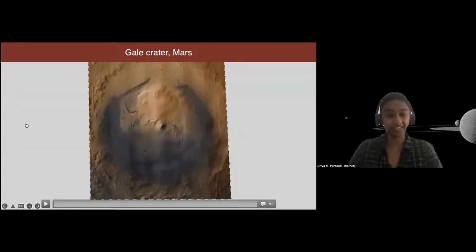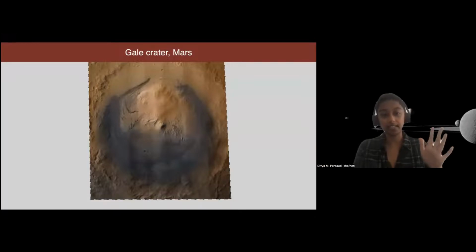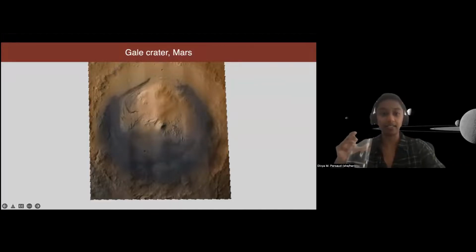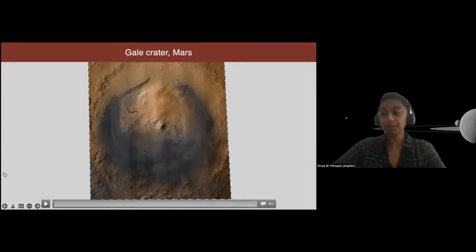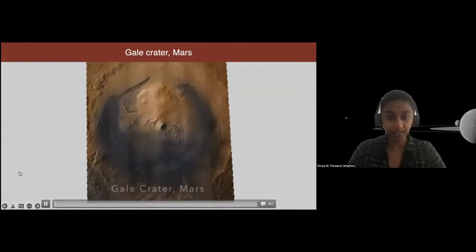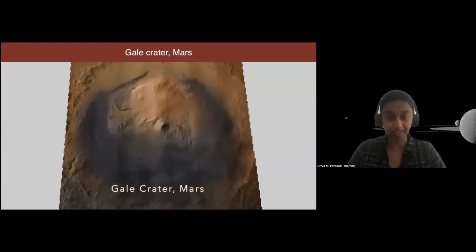I've talked about Gale Crater and Curiosity rover kind of in passing, but it's time to actually look at this. This is a big CTX mosaic, so that is 18 meter per pixel terrain, and draped over that is 6 meter per pixel imagery. It's quite fantastic. This is just about 200 kilometers across. I'm going to take you on a little tour. I rendered this myself. Most of the videos in this are mine, actually. So we're going to look in perspective at Gale Crater.